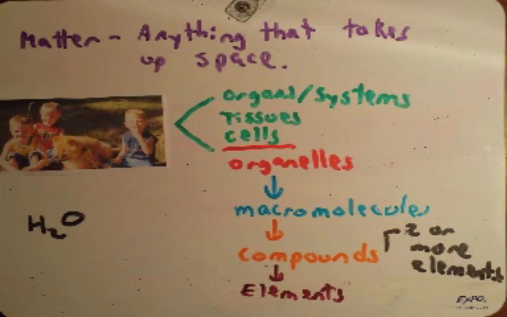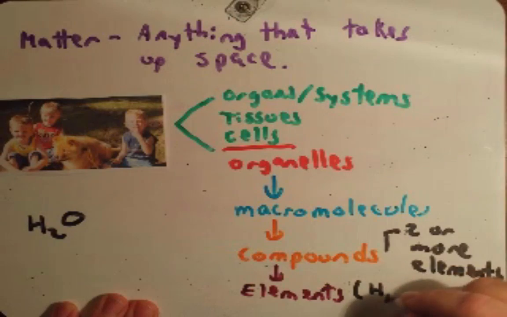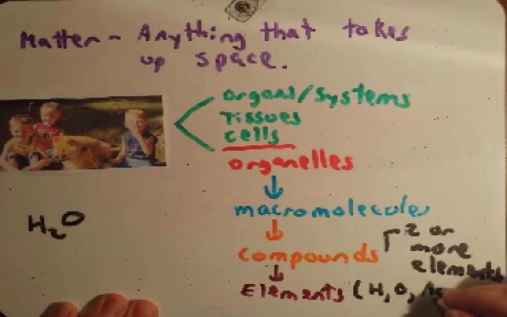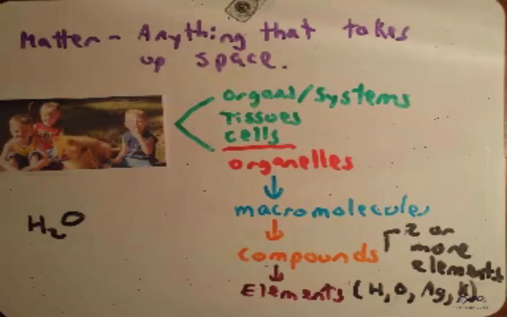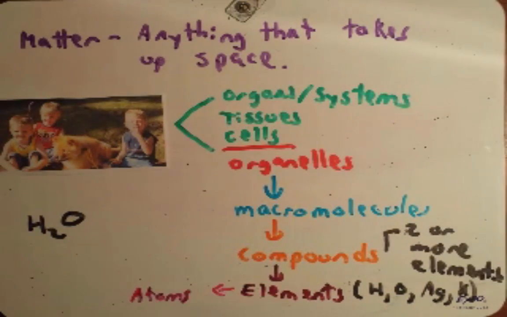Some examples of elements would be hydrogen, oxygen, silver, potassium, etc. There are 92 of these elements. Now these elements are composed of atoms. Now atoms, for now, just remember they are the smallest components of an element that still retains the properties of